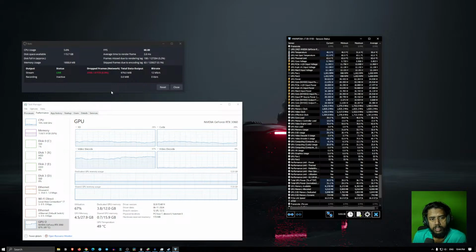Skipped frames due to encoding lag: 0.1% and 0.2%. So it's not high. Most of the frame drops are happening when trying to connect to the server.